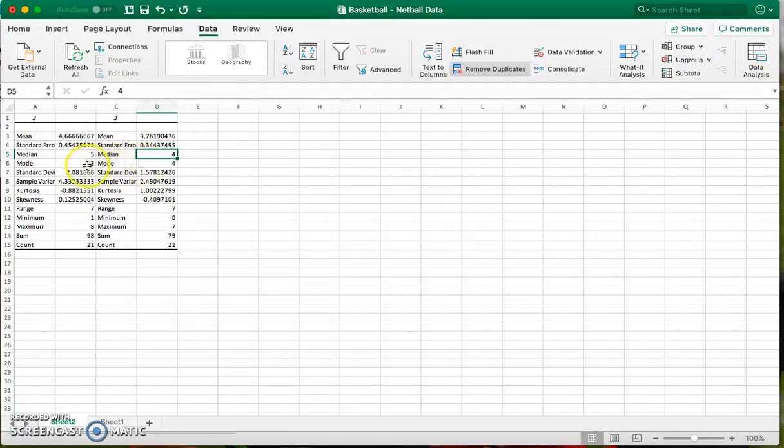The mode is lower for basketball than it is for netball, and also the standard deviation. So let's just start with mode. So the mode being lower